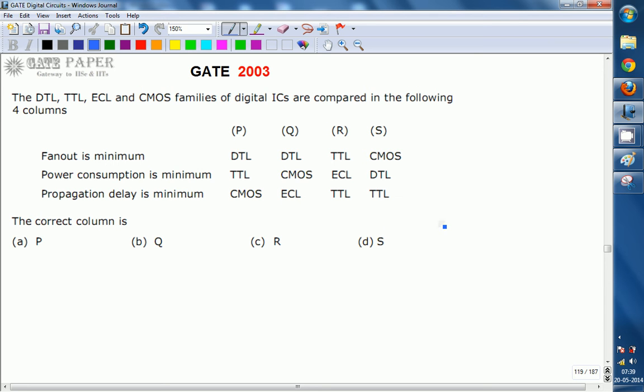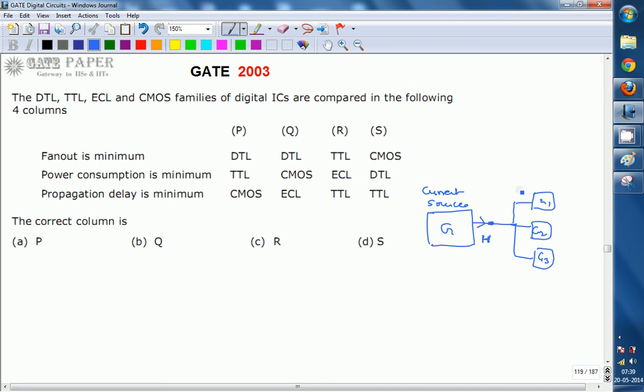For example, this is going to be a gate, G, and the output of this gate is this one. If it is at high level, then this high level is going to be connected to some gates, G1, and it may be connected to some other gate G2, and it is going to be connected to G3. Whenever it is at high level, it is acting as a current source. It sources the current, it supplies the current for the other gates.